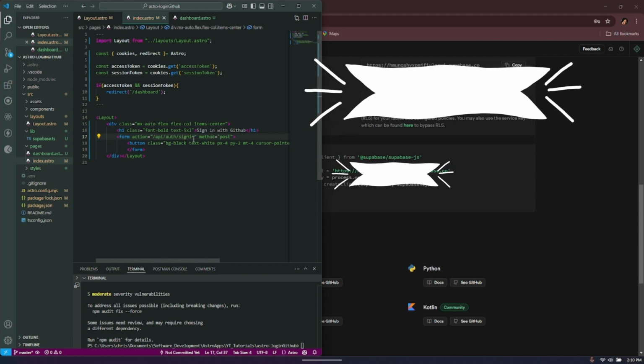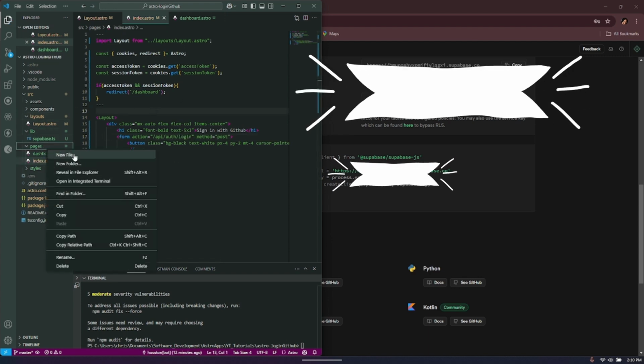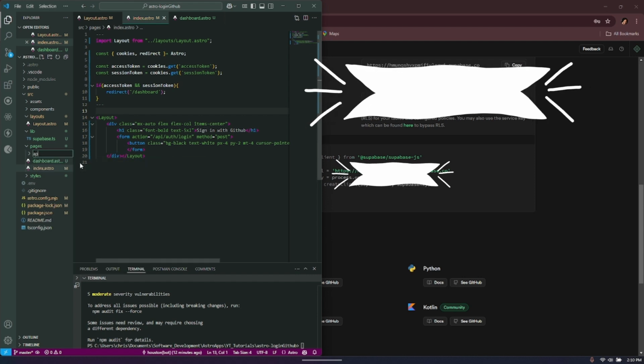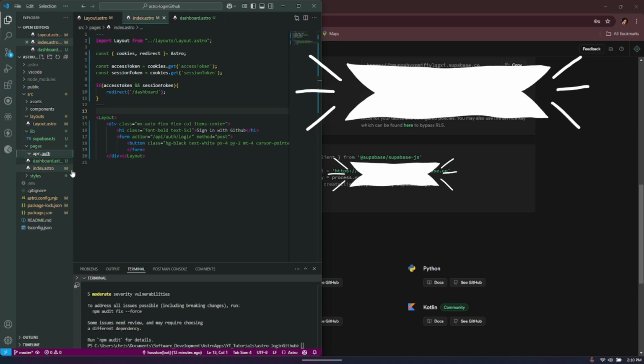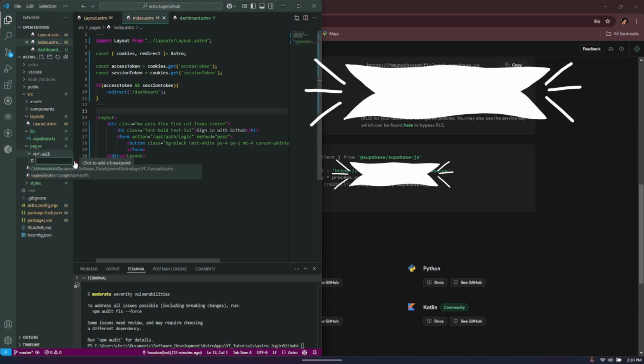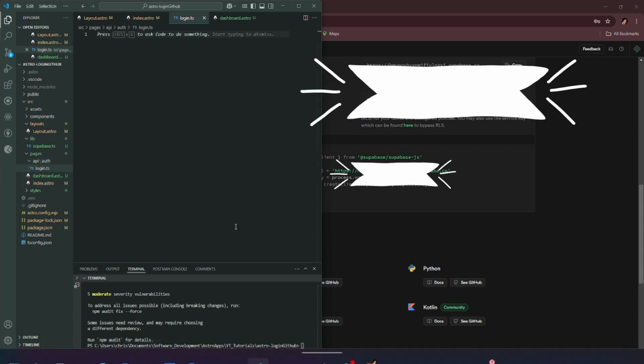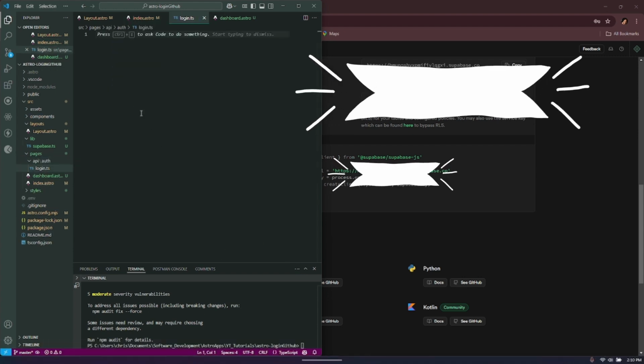Here we go. Actually, I'm going to change that to login. So we're going to create a folder under pages called API, and then another folder called auth, and then a file called login.ts. Okay. So first off, we're going to say